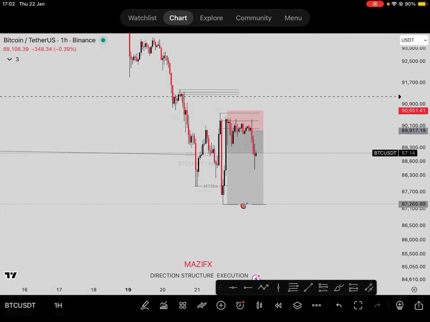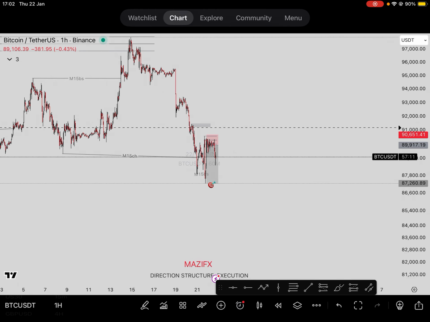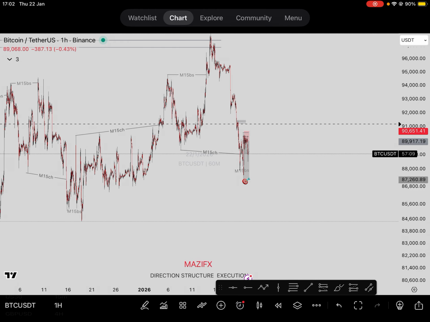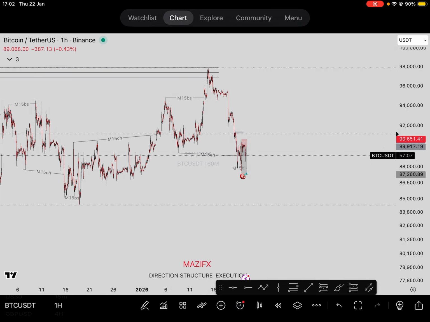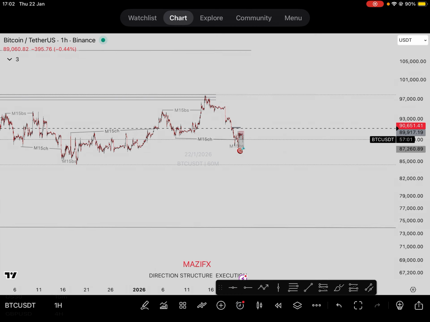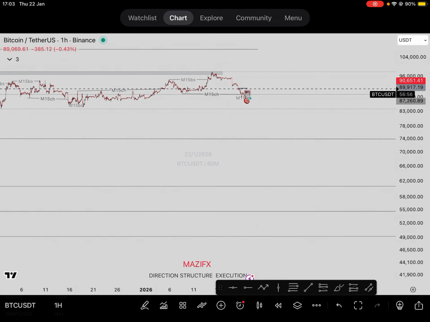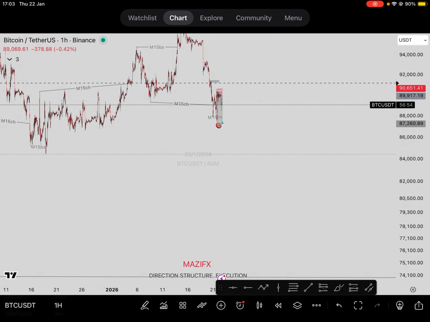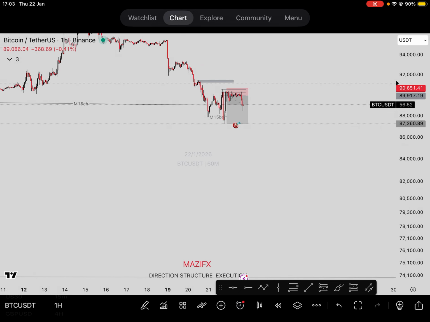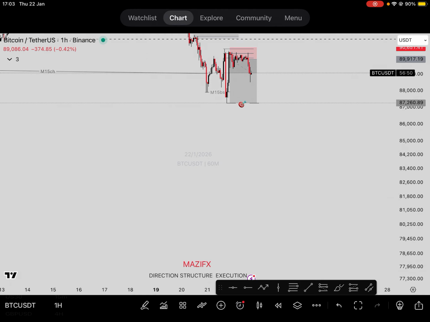And I will just continue selling, because there's nothing here most likely to push Bitcoin higher, except if there's news or whatever it is. But for now, I think Bitcoin is going lower to 74k. No, 74k is going to 60k. Bitcoin is going to 60k. I am not a market maker, it's just my analysis. But that doesn't mean I'm going to take a sell to 60k. I'll just be moving from 4-hour structure to 15 minutes, trading and getting out, trading and getting out until I get to that point.